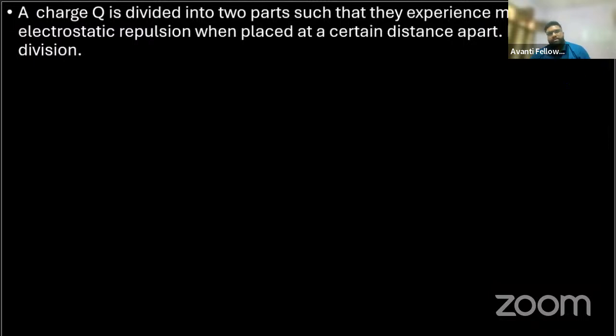दिस इज द वे टू राइट द फोर्स। बताओ, चलो मैं पढ़ दूंगा यहाँ। A charge Q is divided into two parts such that they experience maximum electrostatic repulsion when placed at a certain distance apart. Find the division।